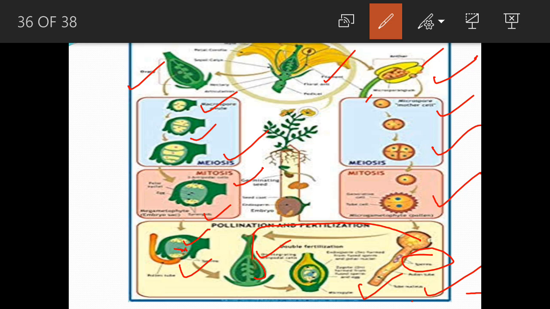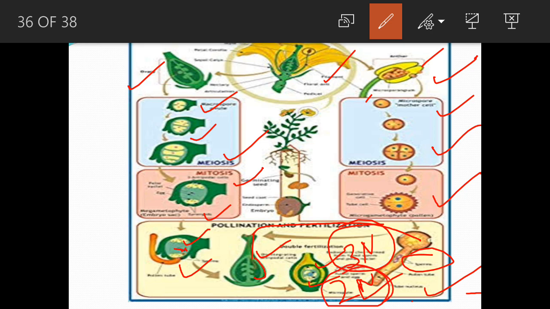Here of the male nuclei, one will fuse with the egg nucleus, and the other one will fuse with the polar nuclei. Polar nuclei will become triploid, and the egg nucleus and the male nucleus will fuse to form a diploid structure, that will be the zygote. The triploid structure, PEN, primary endosperm nucleus, will form the primary endosperm cell, which will form the endosperm and provide nourishment